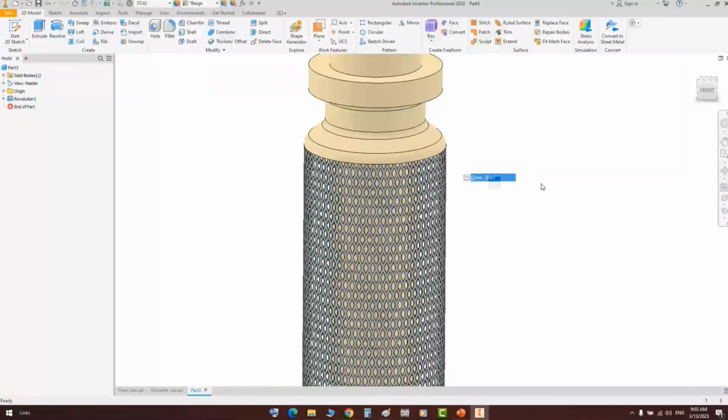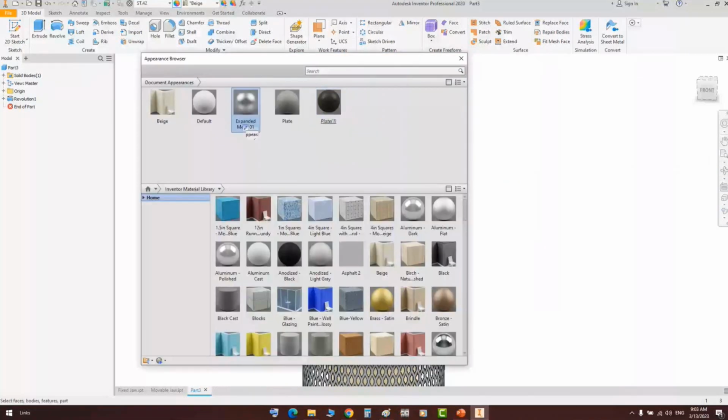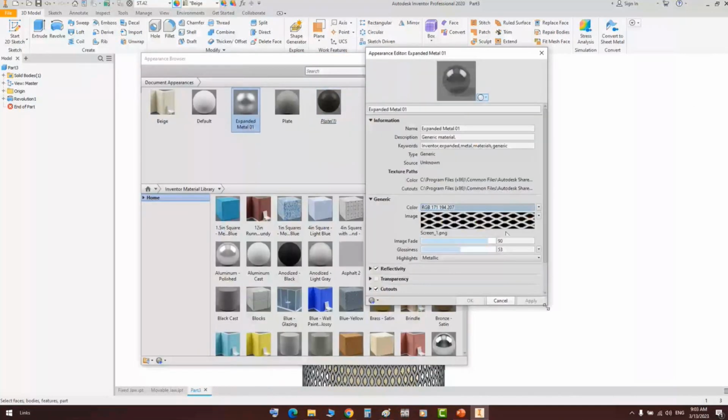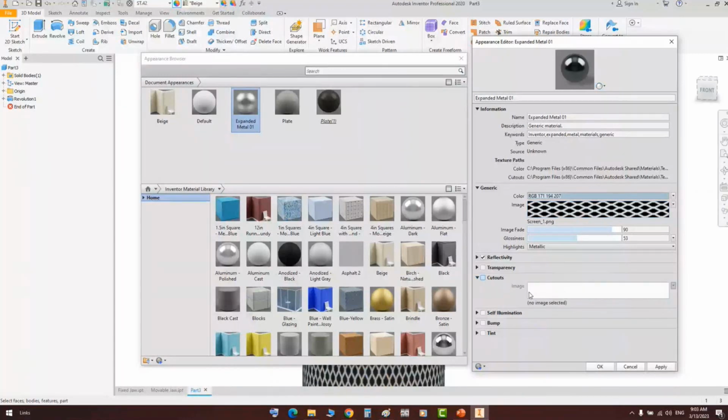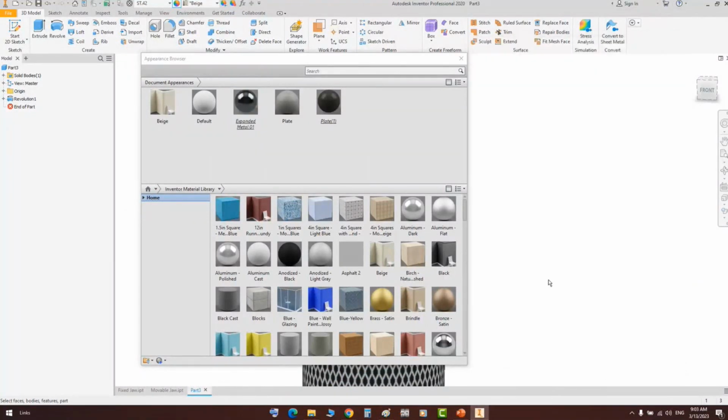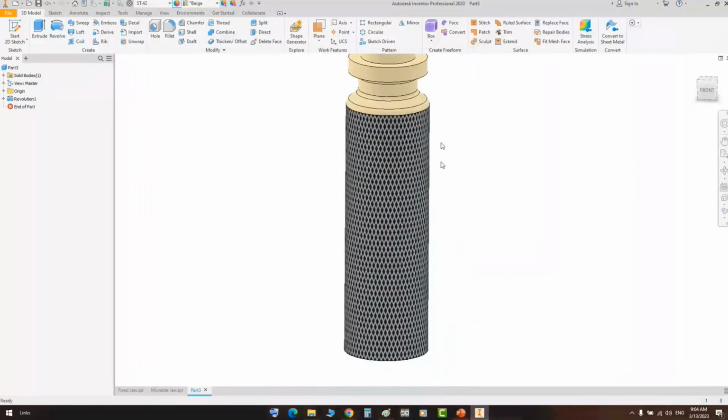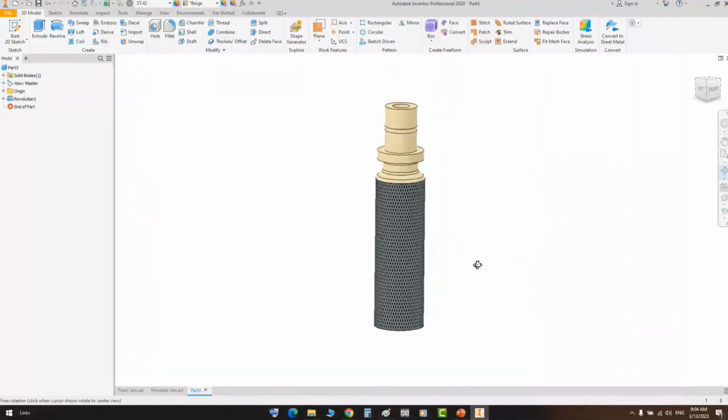So from here, we have the expanded material, and by editing it, you will get the material editor, the appearance editor. So you can modify the material from here. And if we open this form, you can remove this option, which gives the transparency or makes the white color a transparent area. So let's remove this checkbox, and now you can see that this surface is now without